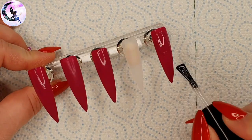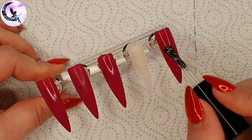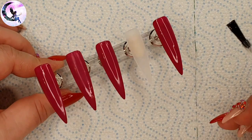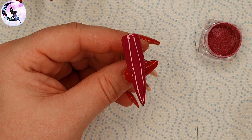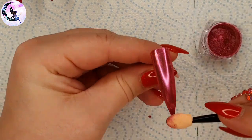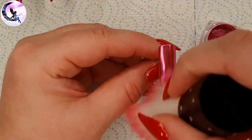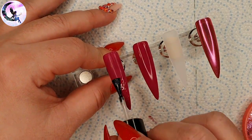And I'm gonna start with the pinky nail, and I want a full nail of the holographic fuchsia pigment. So I'm going in with a coat of a no wipe top coat. And I give it a cure. And then I'm going to apply the pigment with a makeup applicator. I'm just putting some on the applicator and then rubbing it into the cured no wipe top coat. This pigment applies really nicely. When I'm done, I brush off the excess pigment with a dusting brush,